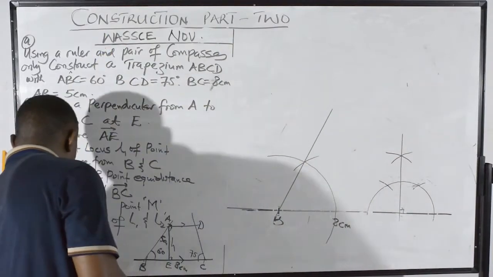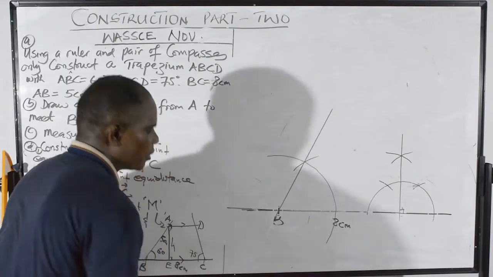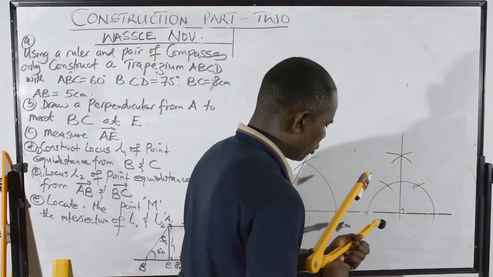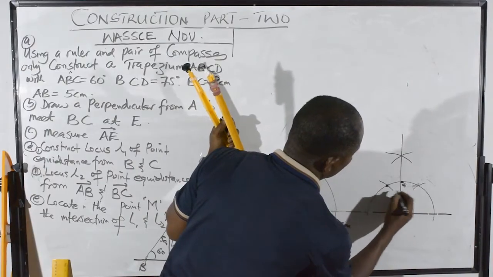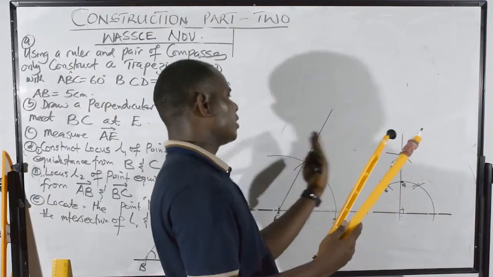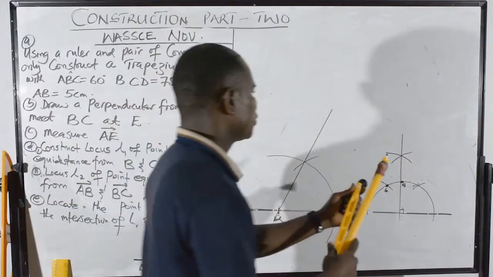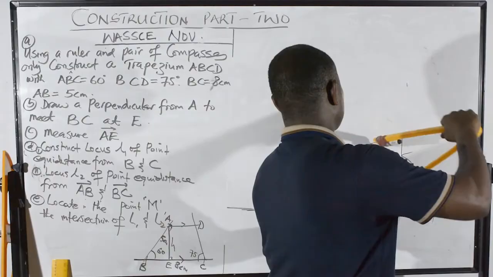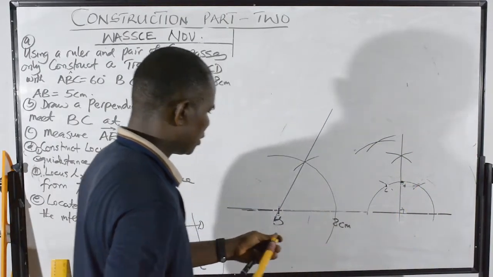So now I'm using that 90 to construct 75. If I want to get 75, your 90 must be visible. So I'm using this point here, and this point here. Let me call this small a, small b. So I'll use the two points to construct my 75 in this way. This is because 75 is in that part, not the other part there. So be careful. Now I move here and draw an arc with the same radius. So this junction to this gives me 75. So that is 75 for you.